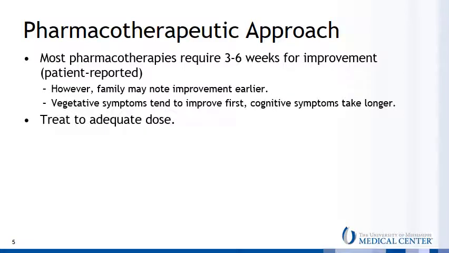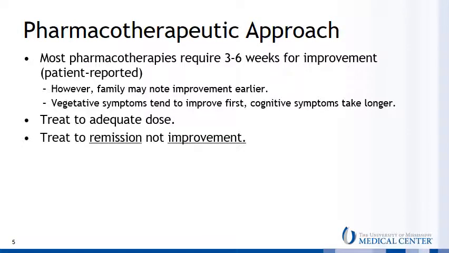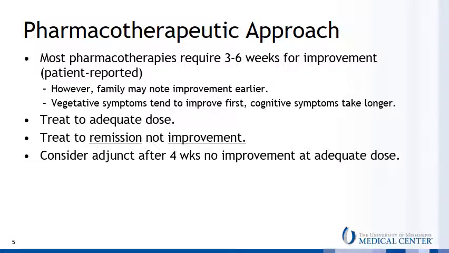It's important to treat to an adequate dose. This essentially means titrating patients either to remission, to the maximum recommended dose, or the maximum tolerated by the patient. And remember that improvement is not the goal of treatment. Remission of symptoms is. If there's no improvement at an adequate dose for 4 weeks, consider either an adjunct or